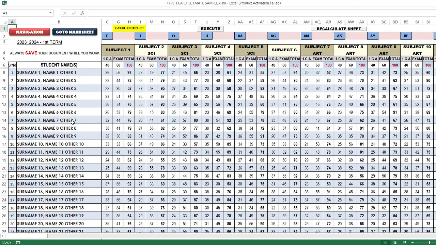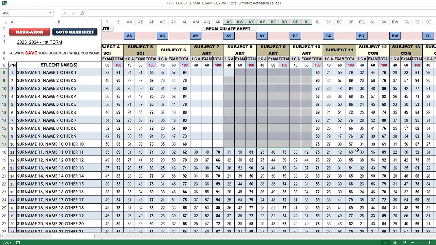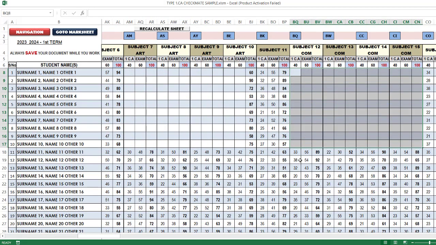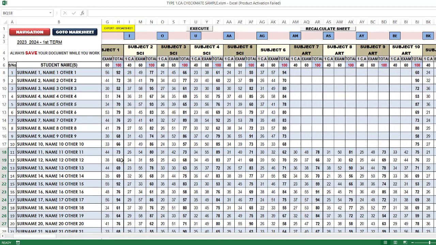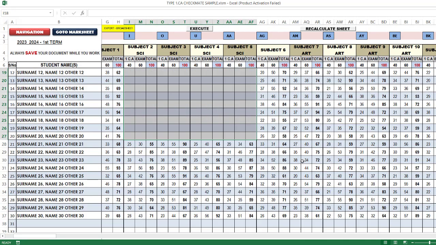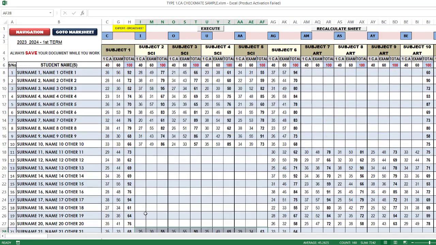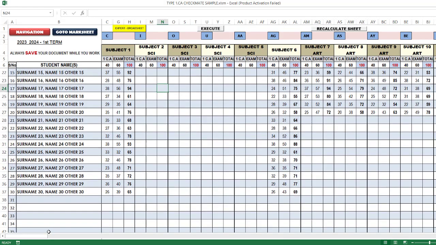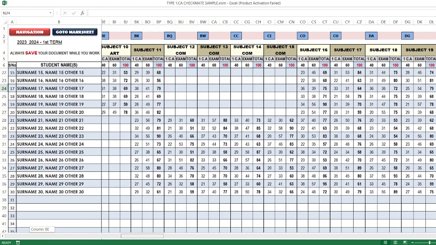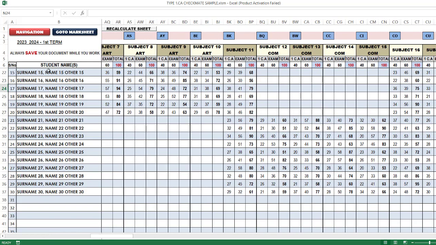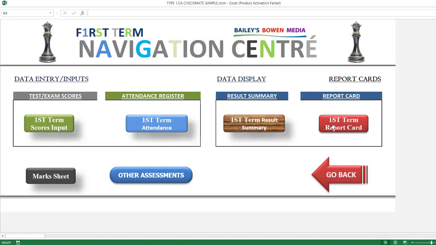Let's assume the first 30 students, first 10 are sciences, so they will offer these subjects but they won't offer this subject. So let's assume this is how the class is set up: science students, commercial, and art. Okay. Now if we go to the reports page,